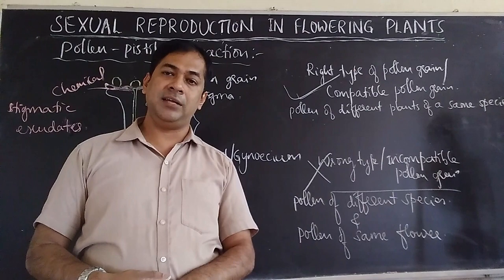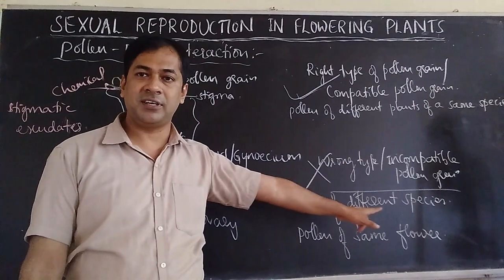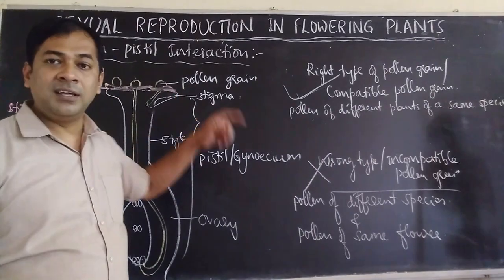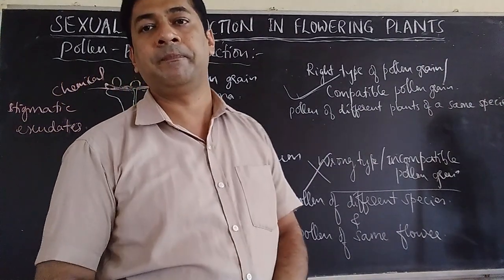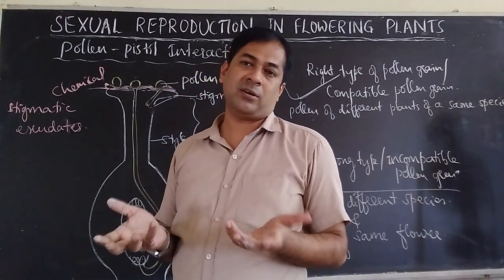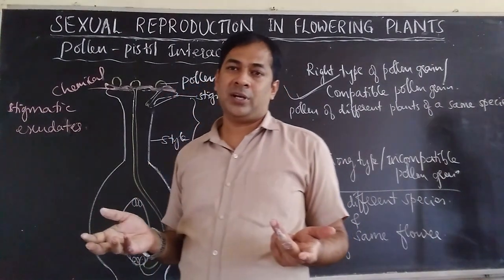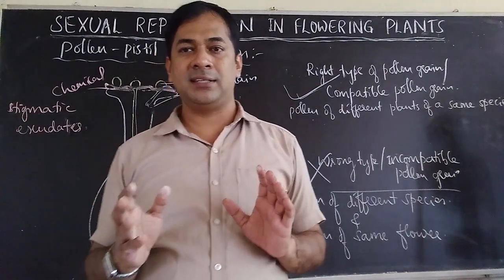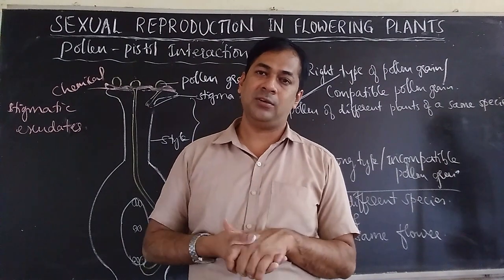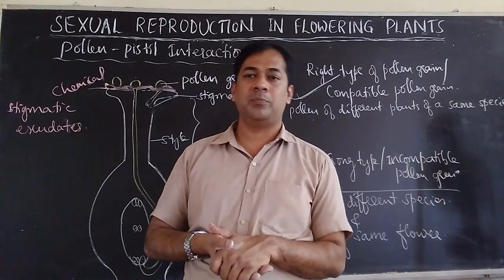Suppose the stigma identifies that the pollen grain is the wrong type, that is, pollen grains of different species or pollen grains of the same flower, if it falls on the stigma, then the stigma will reject that type of pollen grain. How does it reject? It doesn't produce a chemical. Without that chemical, the pollen grain cannot germinate, cannot produce a pollen tube. Without producing a pollen tube, it will get destroyed, because every pollen grain has its own viability. Viability means survival ability. After that time, the pollen grain will die. Then no pollen tube production. So that type of pollen grain will not be supported because it's a wrong type.